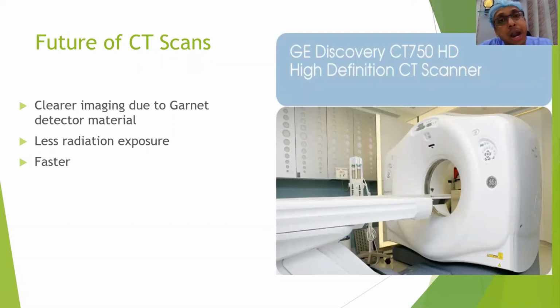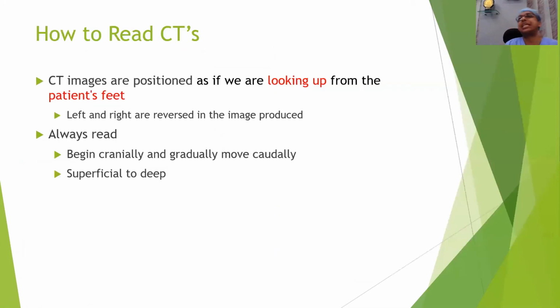It also gives a clearer, crisper image and good differentiation. Not as good as MR, but really close to MR, because the detecting material has changed to garnet. It's not a diamond or emerald or sapphire, but it is a form of precious stone. Garnet is a precious stone, and that's what they are using recently. So that's basically the future of what CT scan can do in terms of bettering itself. And the whole meat of today's talk is how to read CT scan data.